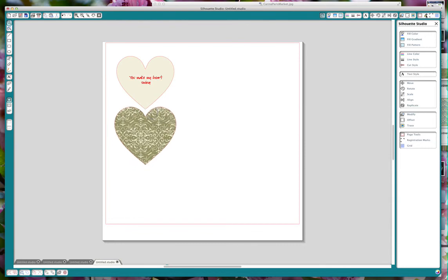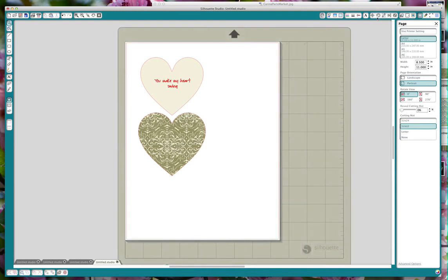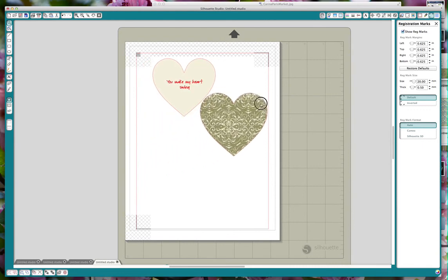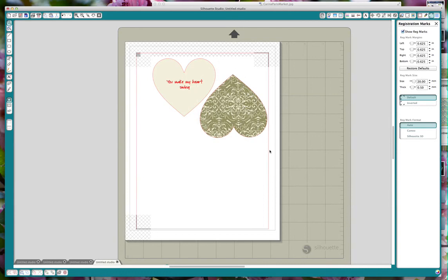So all you want to do now is, again, go to your page settings. I use printer settings, use 8.5 by 11. If you have a smaller piece of paper, whatever you want to set yours up as works. On a 12 by 12 mat, use registration marks, click, make sure your hearts are inside. You want to conserve some paper, you can turn this around, get them a little closer together. That looks pretty good. And then you're going to cut that out and you'll have all the pieces together, ready to assemble